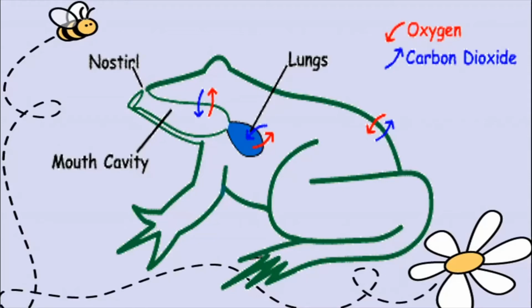Can you live underwater? If you try to go underwater, you will die very soon. You won't be able to breathe, isn't it? But there are some special animals like this frog, which God has created in such a way that they can live underwater also, and they can live outside water also. And they have their special ways of breathing, like I showed you now. Alright, so this is how frogs or amphibians breathe.